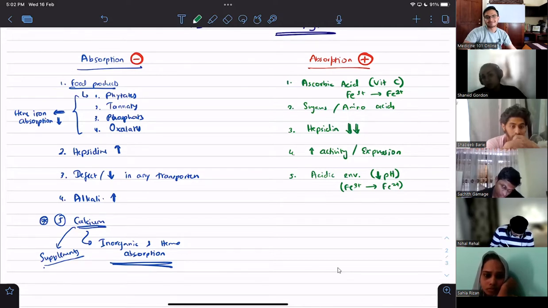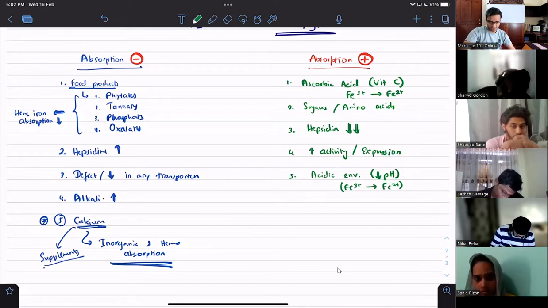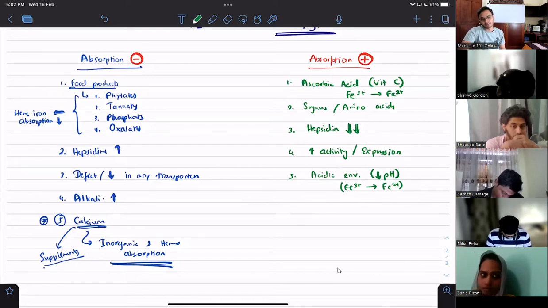Proton pump inhibitors. Excellent. PPIs, right? Proton pump inhibitors, and the other, what is the other potent one? Histamine H2 receptor blockers, cimetidine, ranitidine, these things, right? So when you give these things, you have to make sure the patient does not have a history of iron deficiency or something like that.